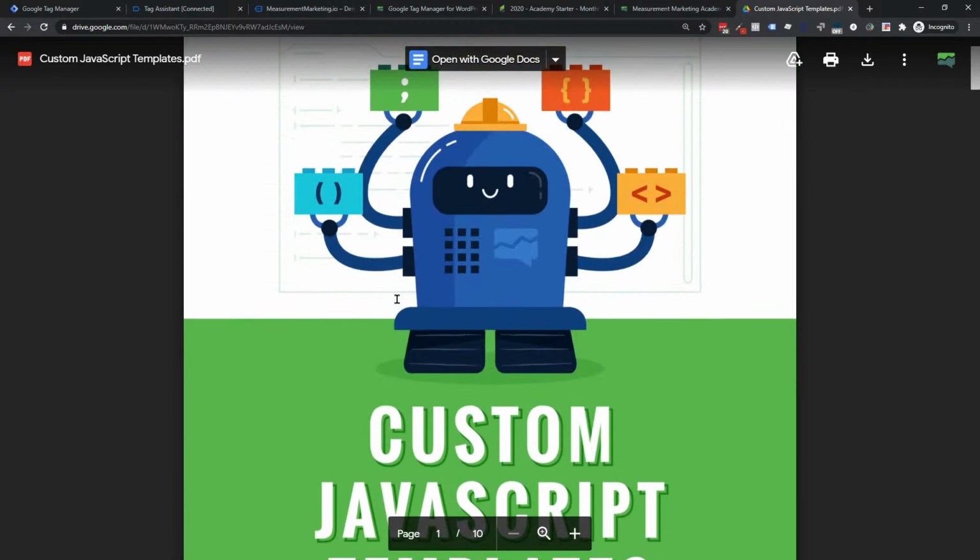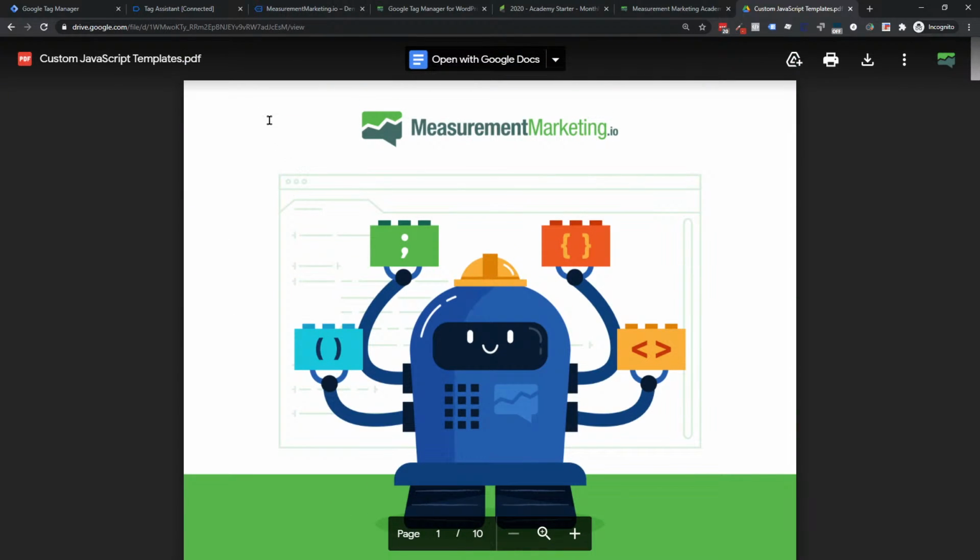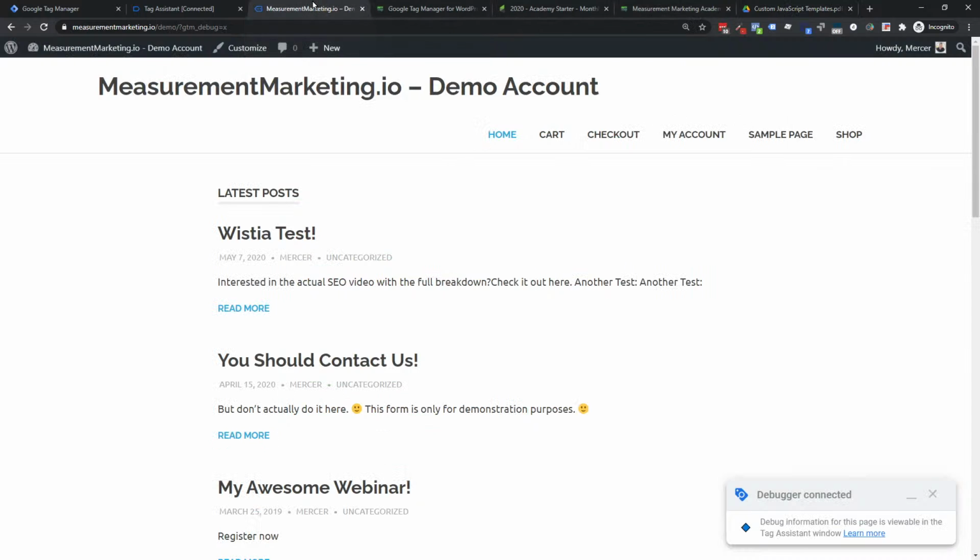But first, before we go into custom JavaScript variables, which are going to be super useful, they're just a little bit more complicated, so I want to take some time to explain that. First, I want to go through and talk about another simple way of getting through the site here. So I'm going to go into the demo site. Now, in